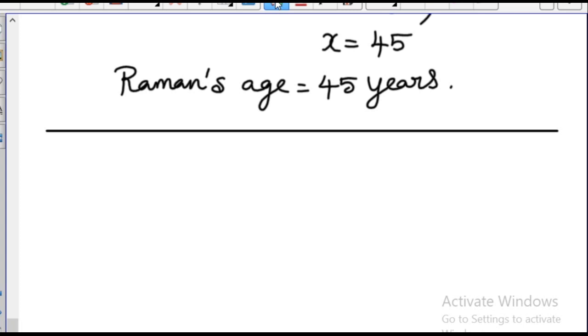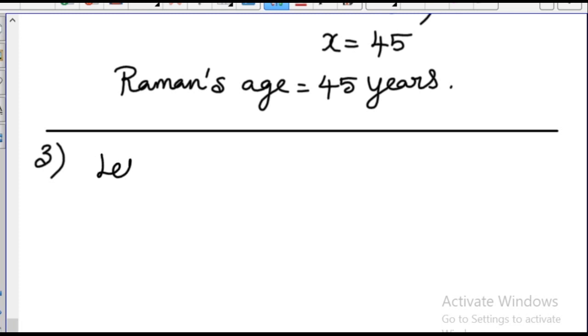If the digits are reversed, the number so formed exceeds the original number by 495. What is the meaning? We have to swap the first digit and the last digit, so the number we get after changing places, compared to our original number, is greater by 495. Exceeds means greater. So we have to find out the original number. Okay? So what we have to do?